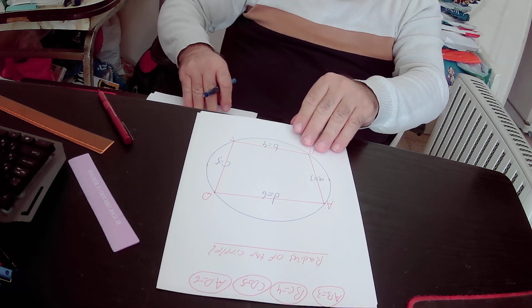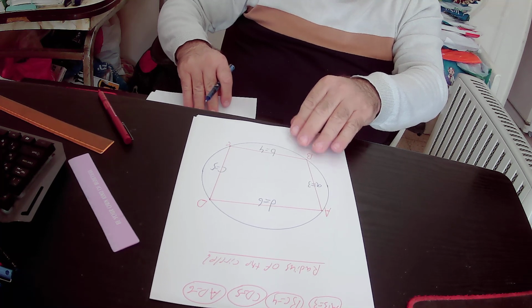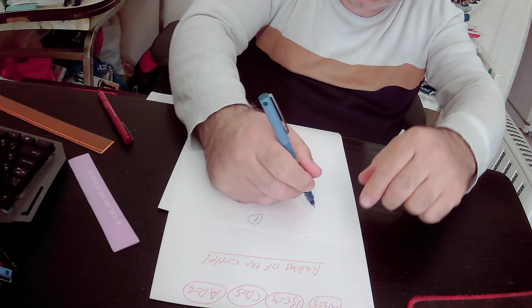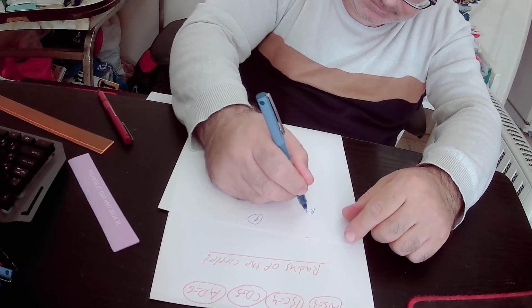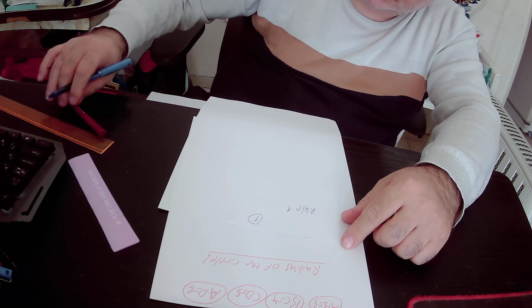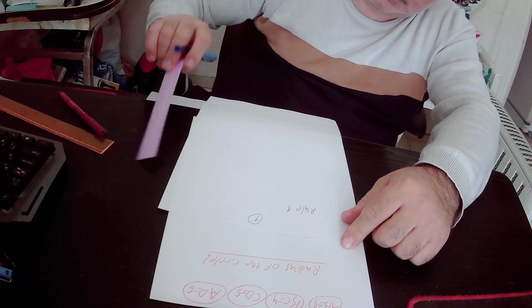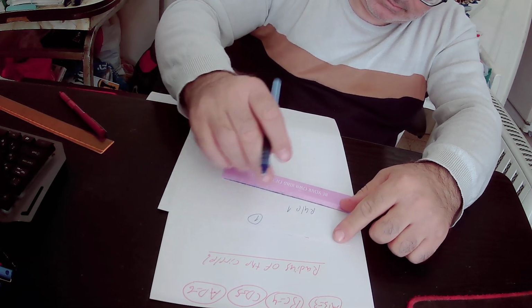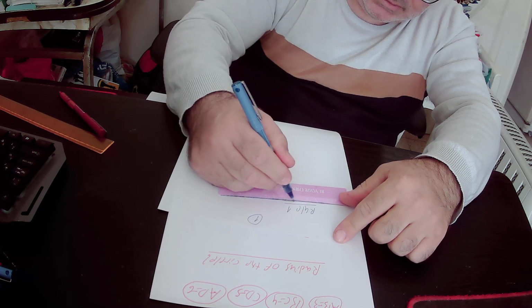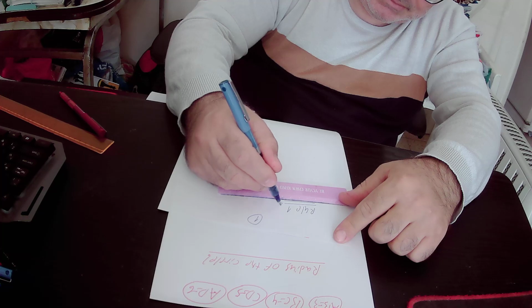So rule number 1 will be that the area of quadrilateral ABCD